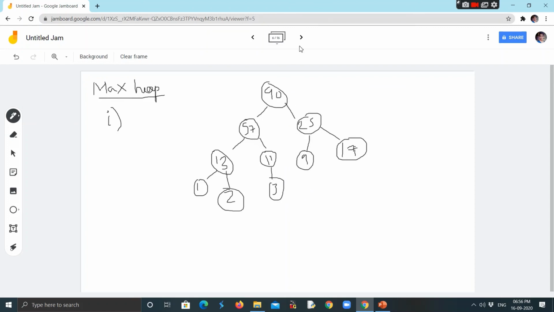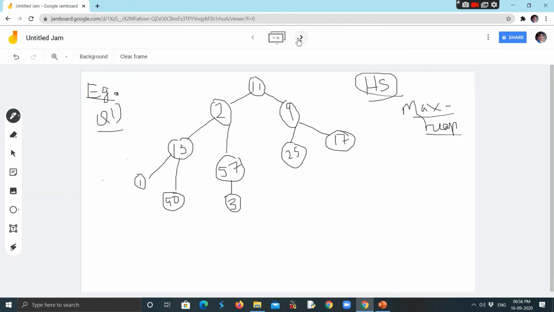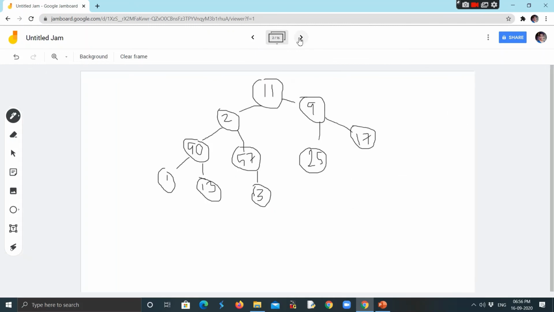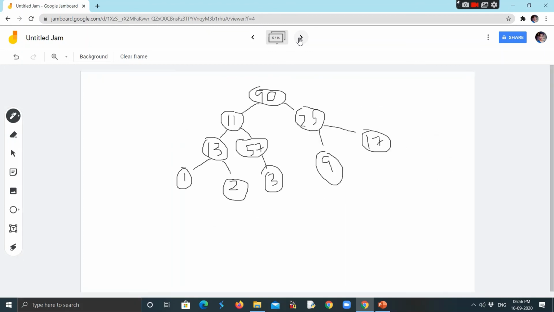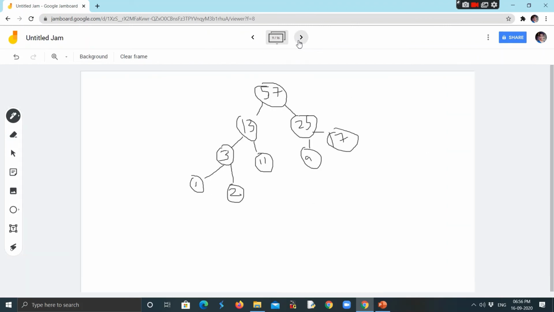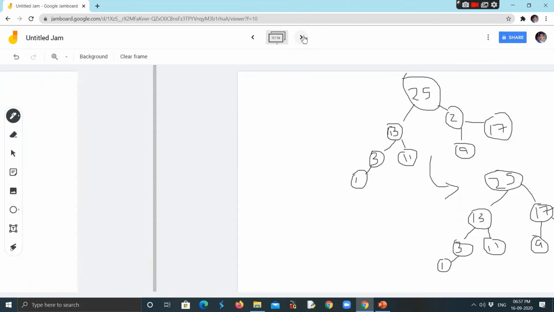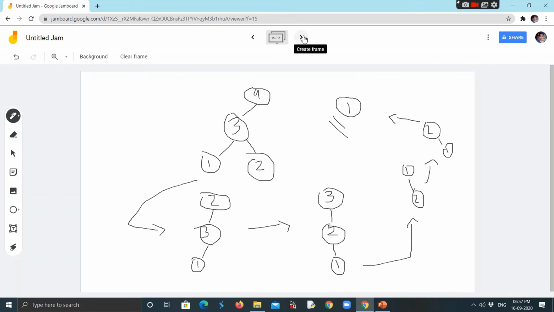So you can take the screenshots if you want, slides 1 to 16.